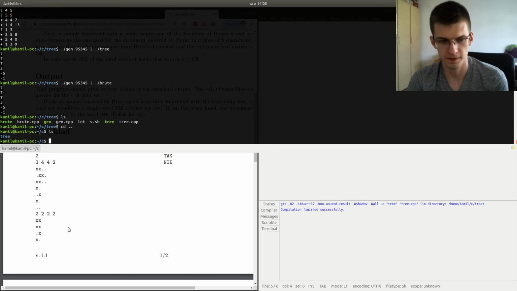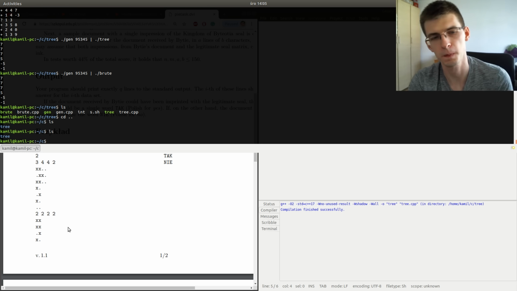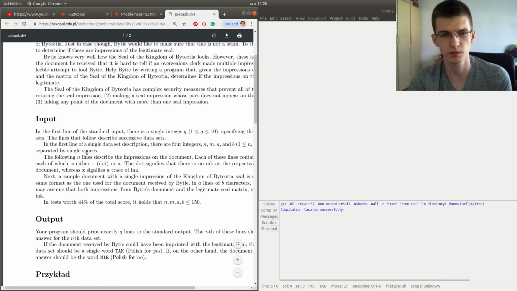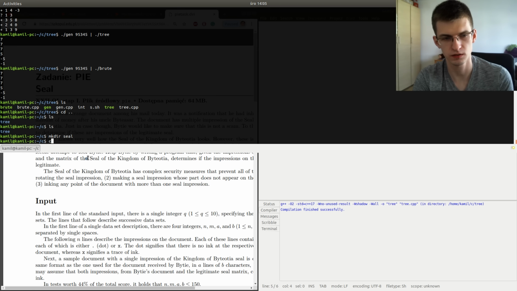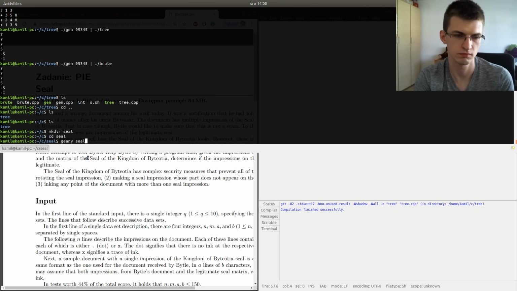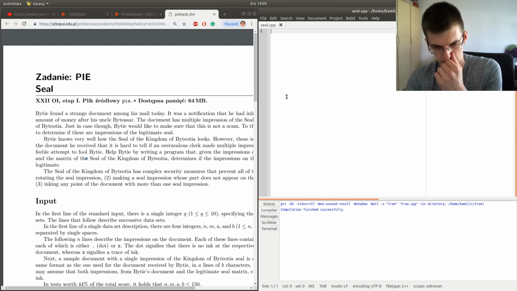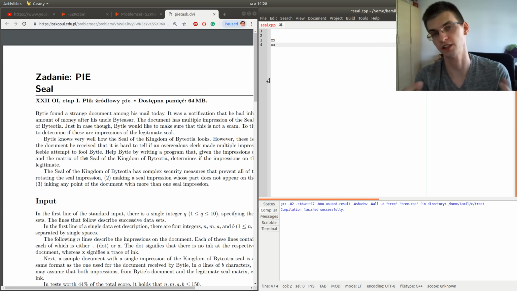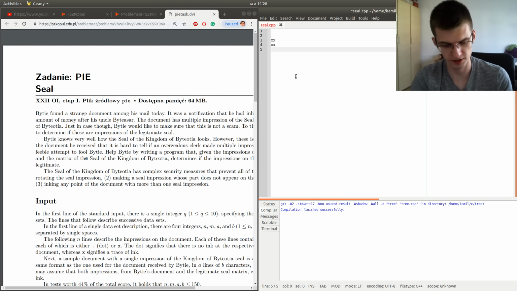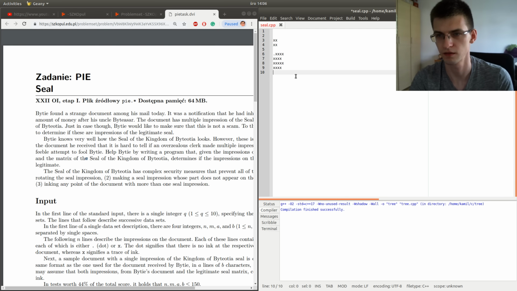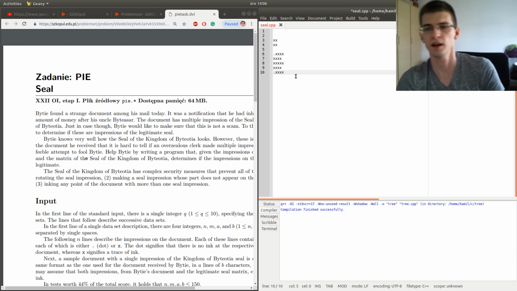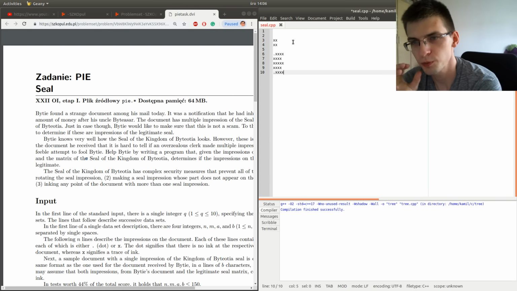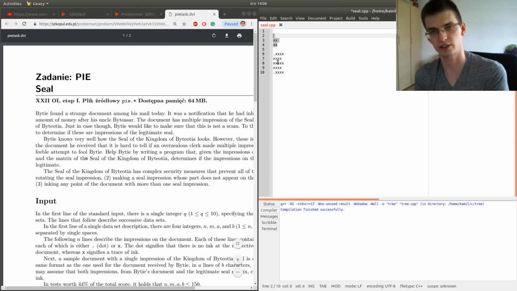So maybe Paint will be good for that. The problem is seal. For example, let's say that the shape is just, sorry, that should be X's, a square of size 2 times 2. Then, if there is some bigger matrix, how exactly would you yourself put these squares on the matrix?